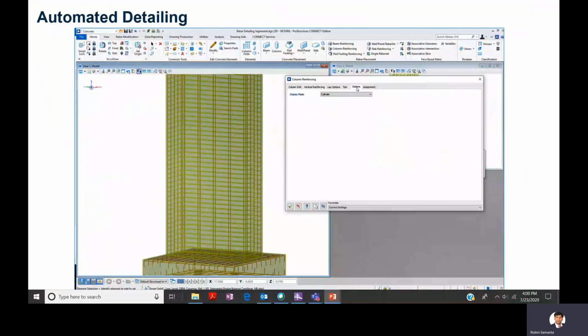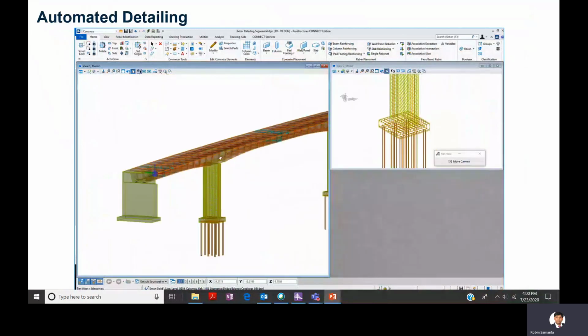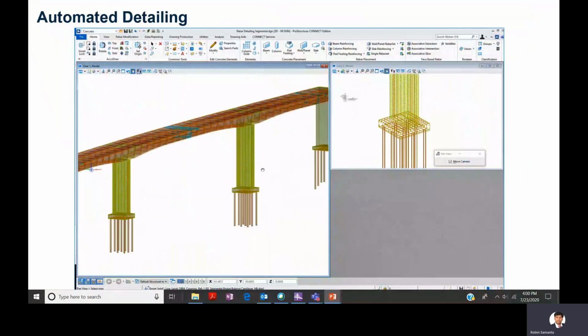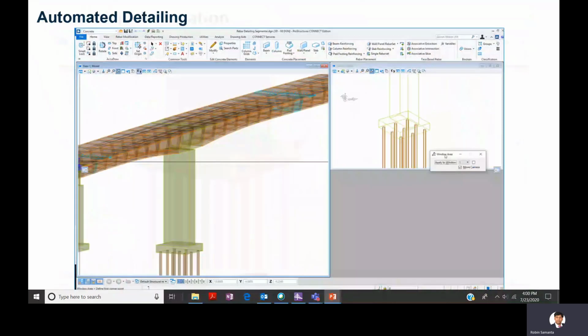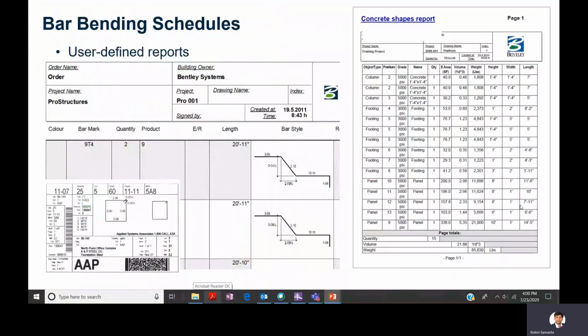So you can understand that even after the design, the reinforcement detailing is so easy in OpenBridge Designer, right? And once you are doing this kind of detailing, definitely you will get the advantage of creating bar bending schedules. So this will give you very easy hands-on for the contractor. You can send the bar bending schedule report easily from OpenBridge Designer to the contractor. Also, definitely, the estimation of quantities for your reinforcement, right?